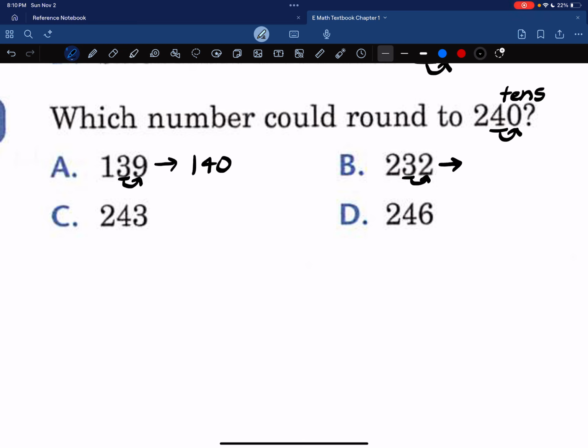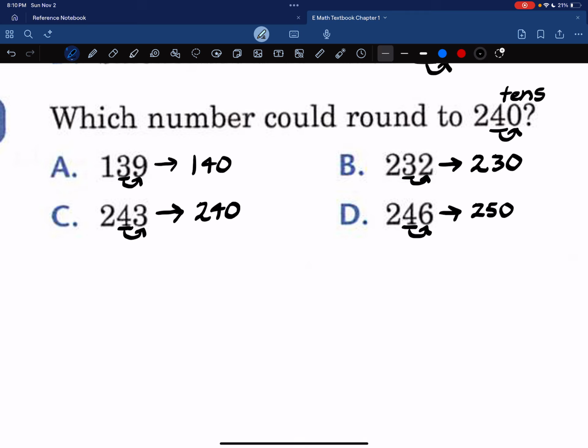That is going to round to 230. 243. We would have this one rounding to 240. And then 246, we would have it rounding to